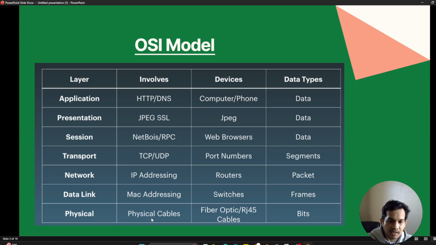The physical layer consists of the physical cables, the hardware wiring like fiber optics and RJ45, and the data unit for it is a bit. Then we have the data link layer, where MAC addressing takes place and switches use MAC addresses to forward traffic, and the data unit is the frame. Going up, the network layer is the IP layer, which consists of routers, and the data unit is the packet. In the transport layer, the reliable transfer of data takes place, with the protocols TCP and UDP,